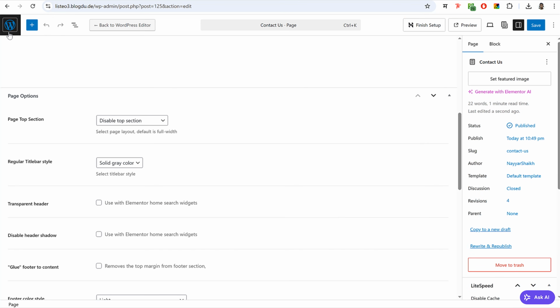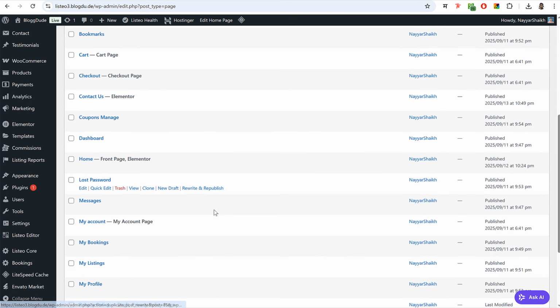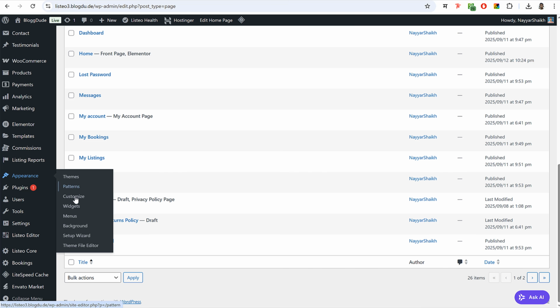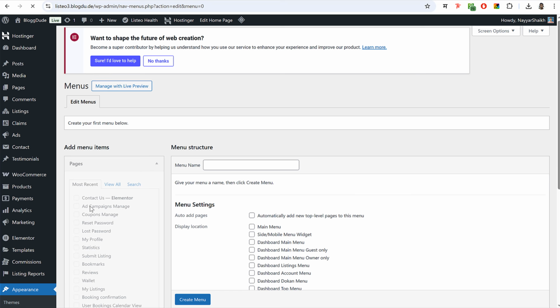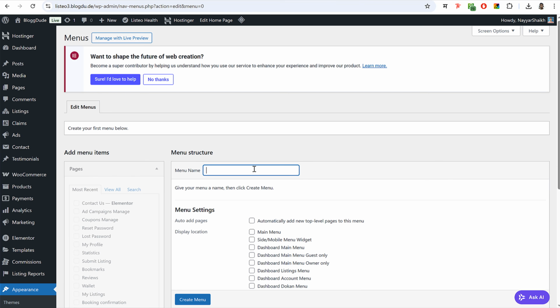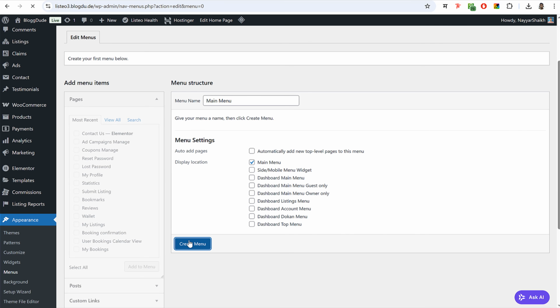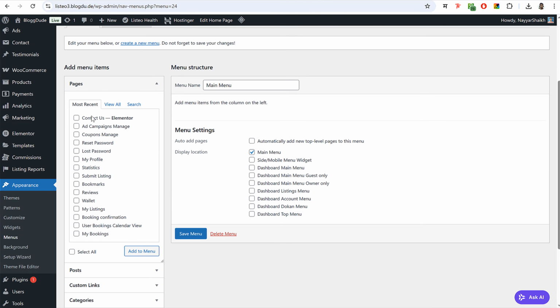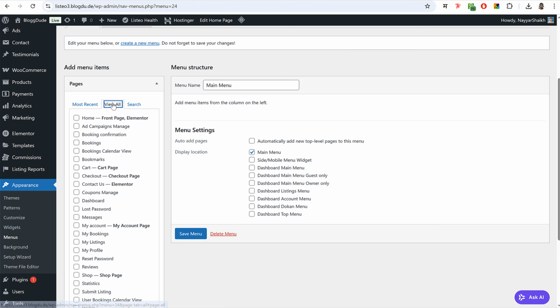Okay. So for that, again, we'll come back to the main dashboard. To create a menu, we hover over appearance and click on menus. First, we'll create the main menu. So I'll name it main menu. Tick mark main menu from here. Click on create menu. Now, what all pages you want to display over here, you can tick mark that. So I want to display my contact page. I want to display my home page. So click on view all, select home, contact us, and